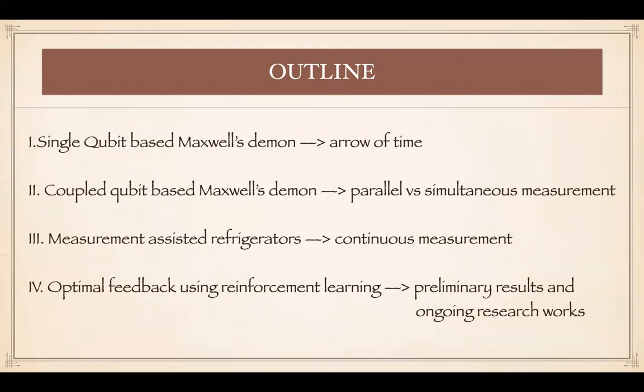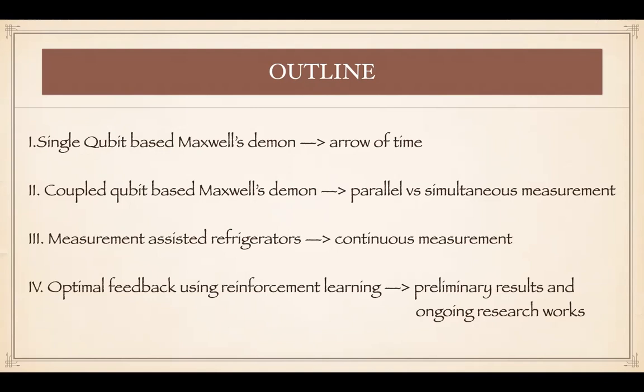The reason why we go to coupled qubits is that in that case, you can look for collective effects. You can think of 2 setups in parallel, or you can do simultaneous measurement of the qubits. And you look at whether the parallel setup is better than the collective one, or the collective one is better than the parallel setups. So that's our main reasoning behind studying the coupled qubit system.